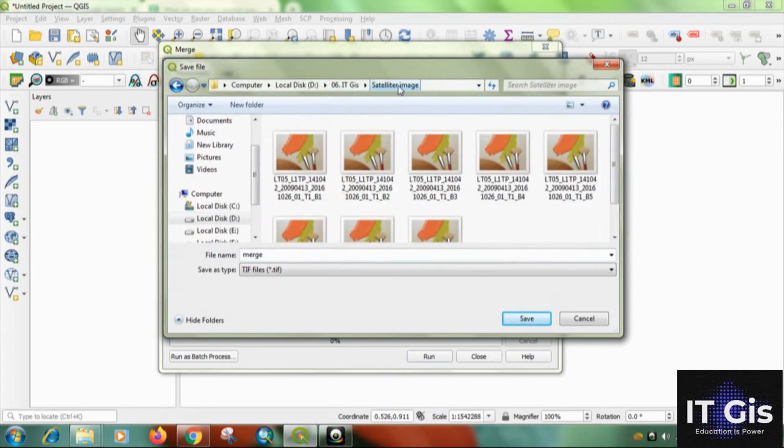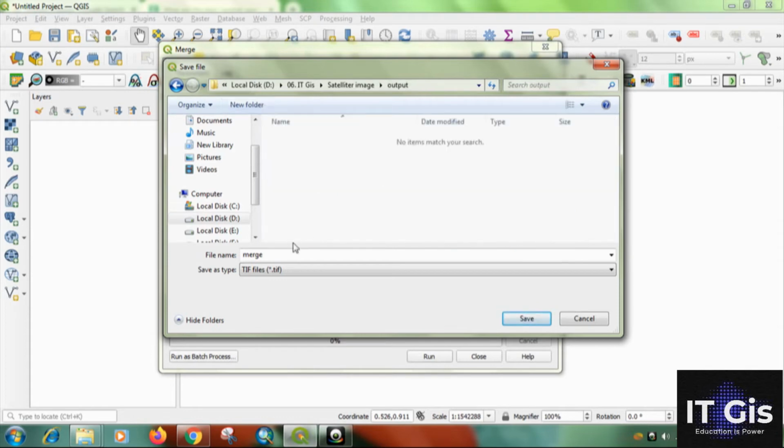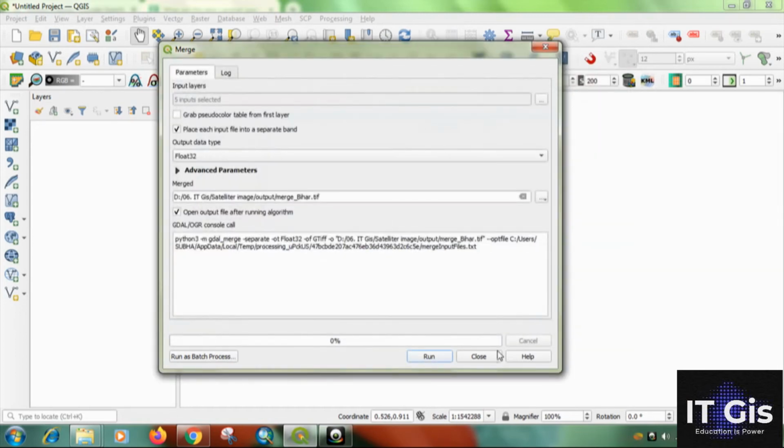Then I'm creating a new folder, that is output. Okay, that is merge, and click on save, and just click on the run button.